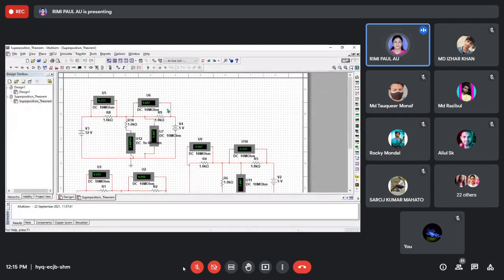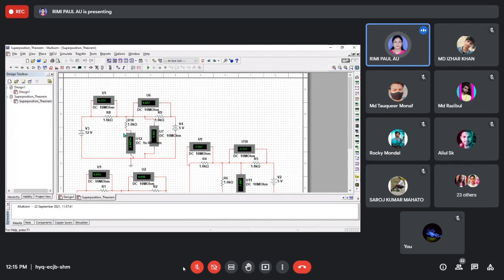The superposition theorem tells that a number of sources we can use, that means two or more than one source we can use. When all sources are acting, suppose I am taking this resistor, and I want to apply the superposition theorem.